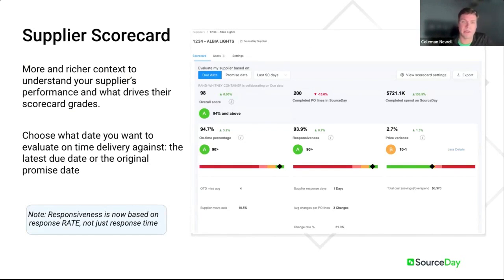So you can see at the top here, there is a toggle that lets you choose which date you want to evaluate your supplier based on. Right now we have this set to a due date, which you're collaborating with this supplier on. So if they update the target due date for a purchase order, it will update that due date. That means we're evaluating on-time delivery against the latest version of that due date. I can also toggle over and view on-time delivery based on the original promise date that doesn't change as we continue to collaborate on the purchase orders. So you can see on-time delivery in a number of different ways,